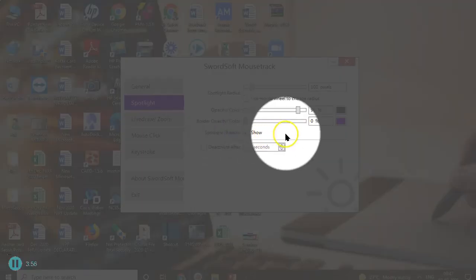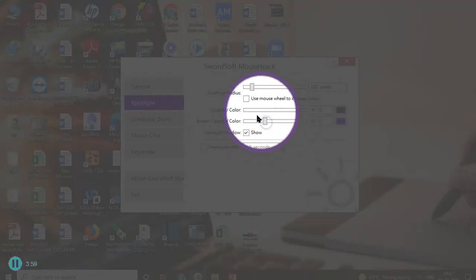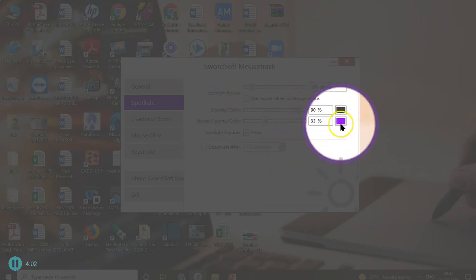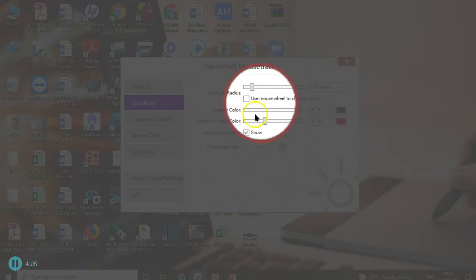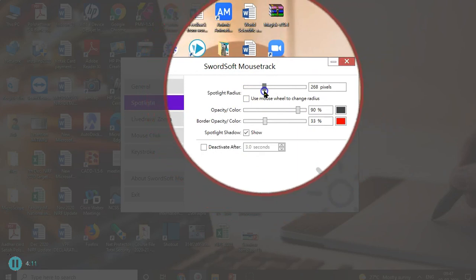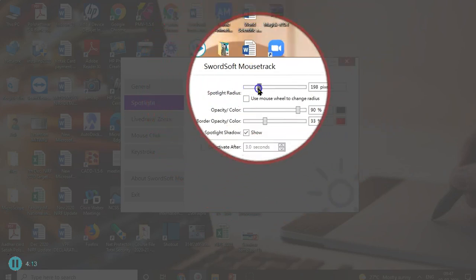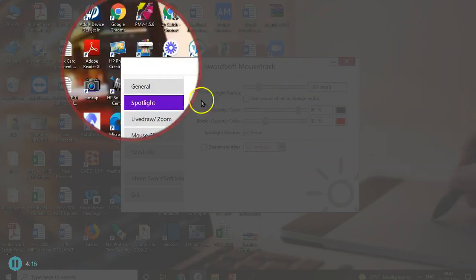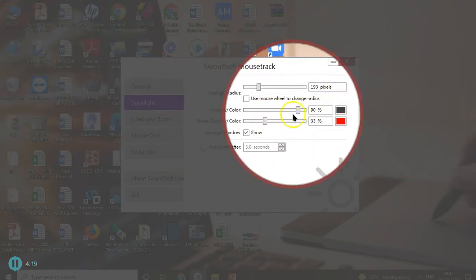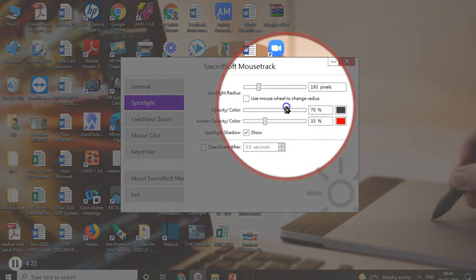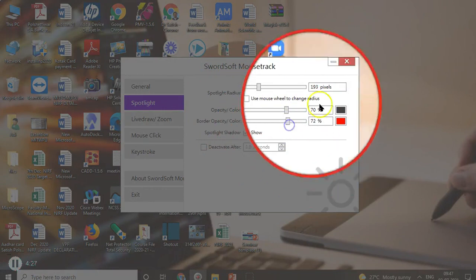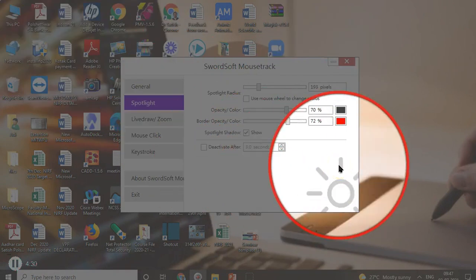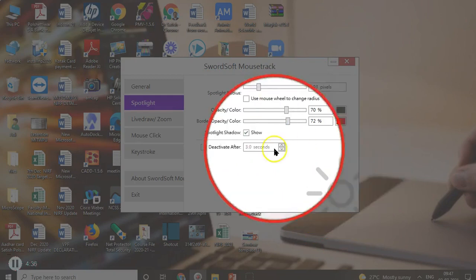For example, if you want some kind of color on the circle, you can adjust the color like this. You can select any color. Now see how it appears. You can even enlarge your circle as per your need. You can customize it. Now see, I want this kind of screen, I can take it like this. Opacity also can be adjusted over here. Color also you can adjust, whatever color you require, a dark color like this. This is very useful when you are presenting something. If you want to highlight particular things to your audience, then this tool will certainly be helpful to you.